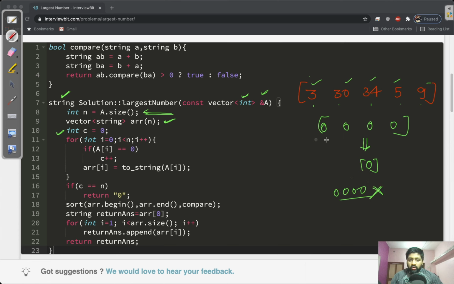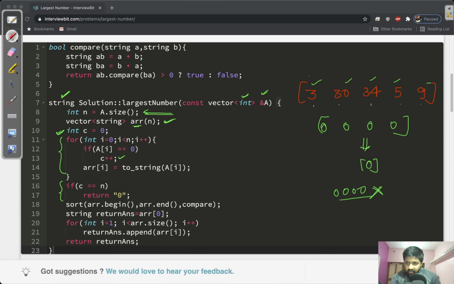For detecting that, we are using this integer c, which will count how many zeros are present in this array of integers. Along with that, in this for loop, we are first calculating the number of zeros in this array of integers, and converting each integer to a string and storing it in this vector of strings.